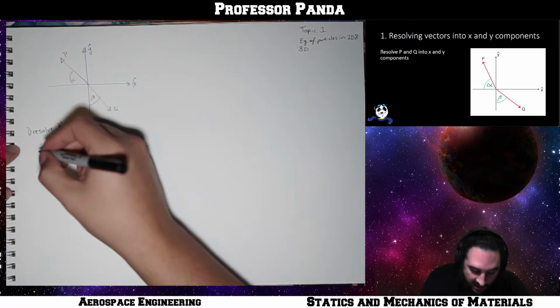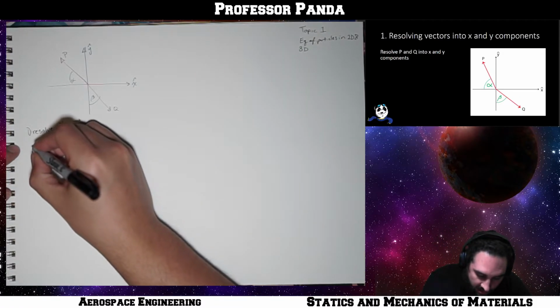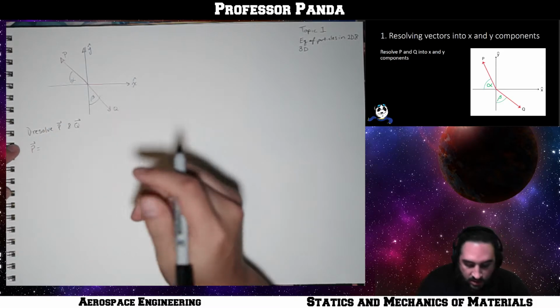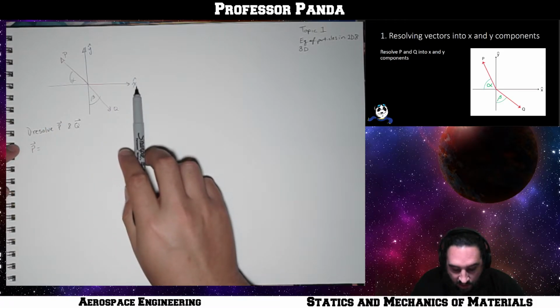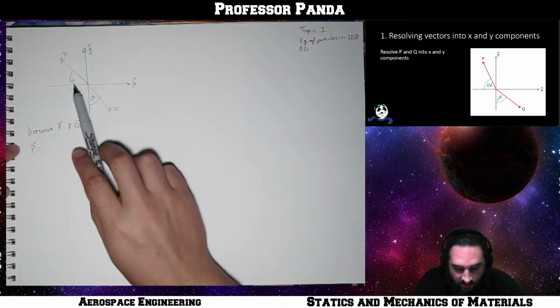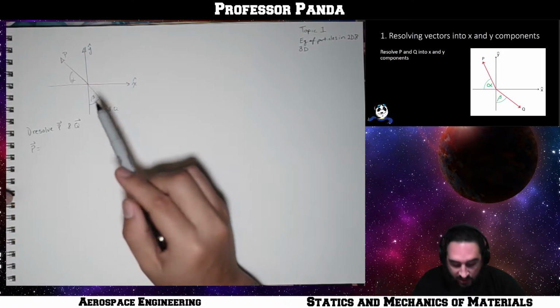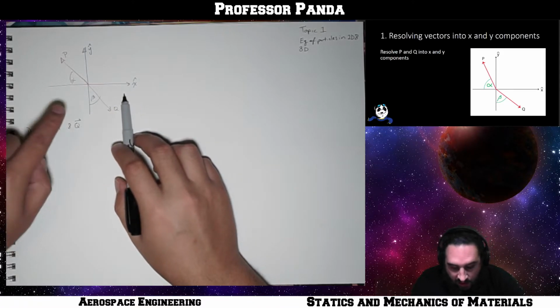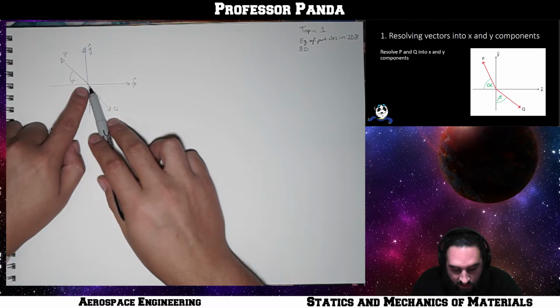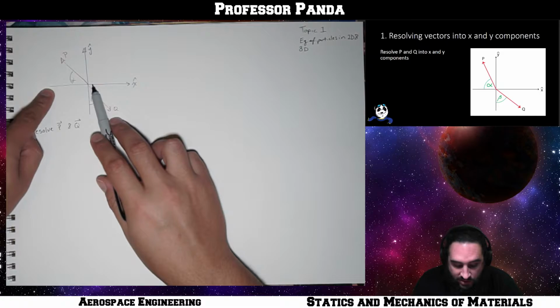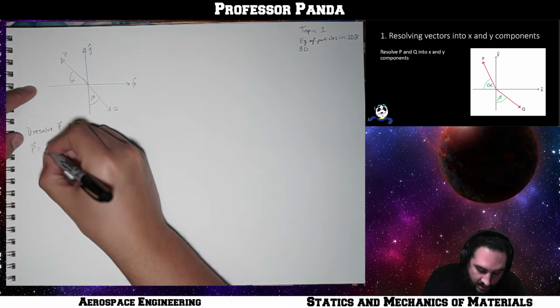Okay, so how to resolve P? P is going to be comprised of both an X and Y component. So let's deal with X first. I'd like to start there. In the X direction from the origin to P, it is going to be going in the negative X direction. So I'm going to start off with a negative